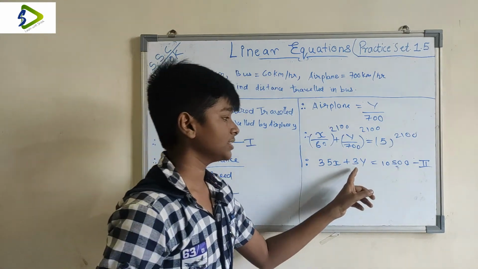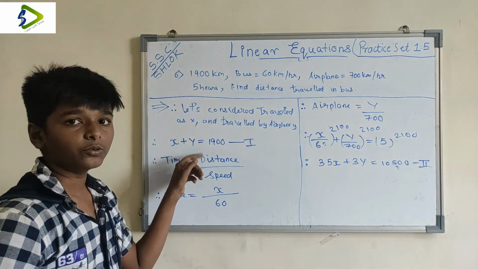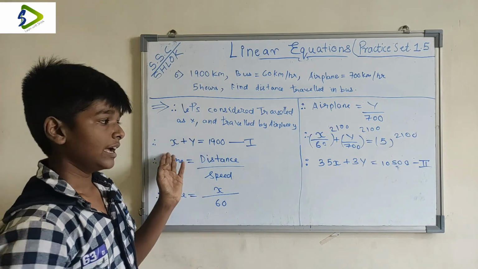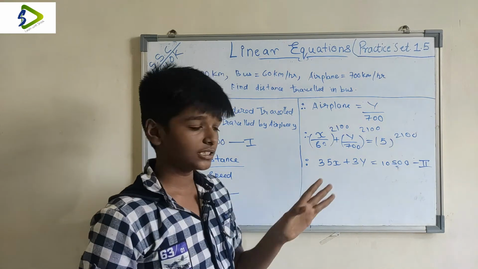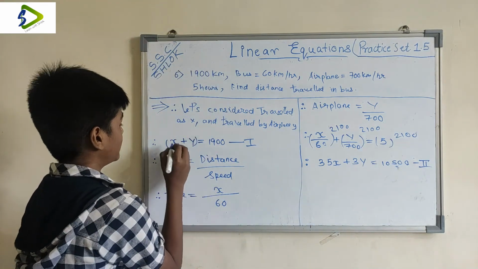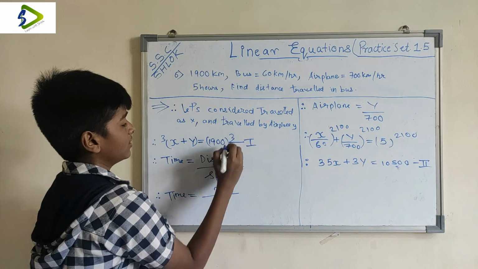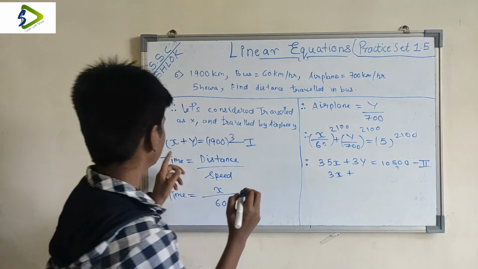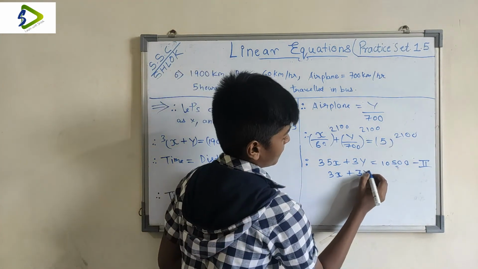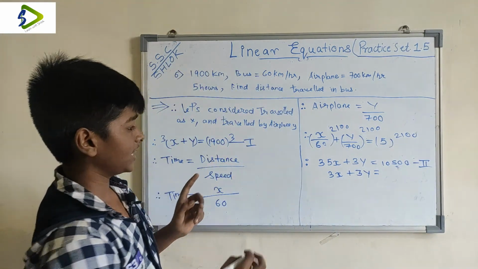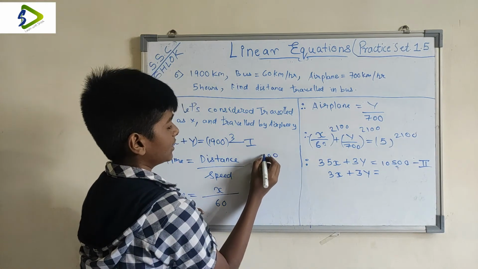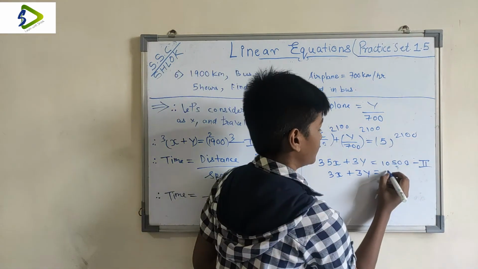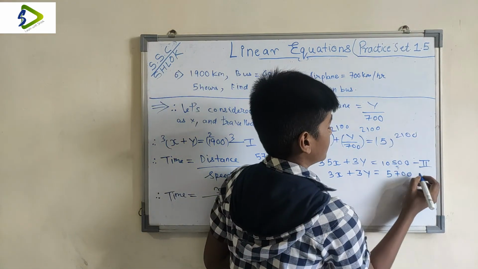Now here you can see there is 3y over here and there is 1y over here. So if we multiply the first equation by 3, we can get 3y here also, and 3y and 3y when subtracted we can cancel the 3y. So let's multiply this by 3 and here also by 3. If we do this, you get 3x plus 3y is equal to 1900 times 3: 3 zeros are 0, 3 zeros are 0, 9 3s are 27, carry it over here, 3 ones are 3, and so you get 5700, which is the first equation.